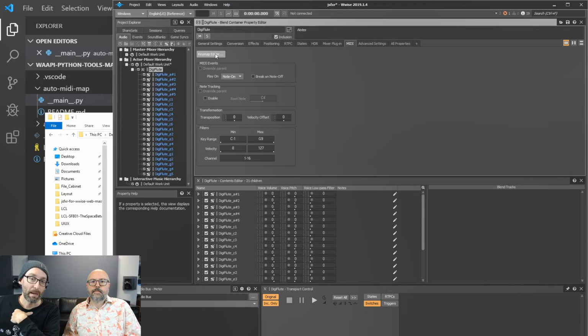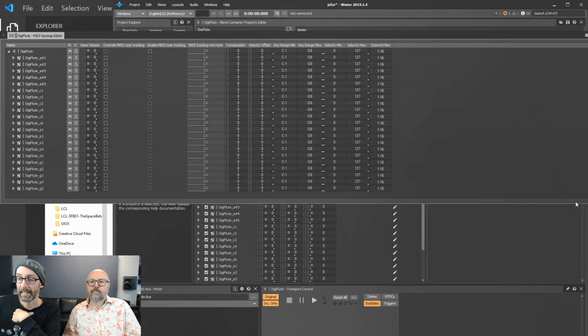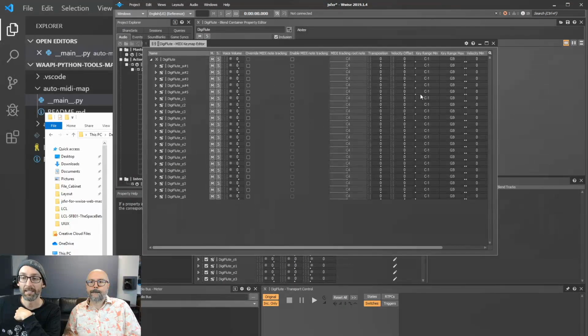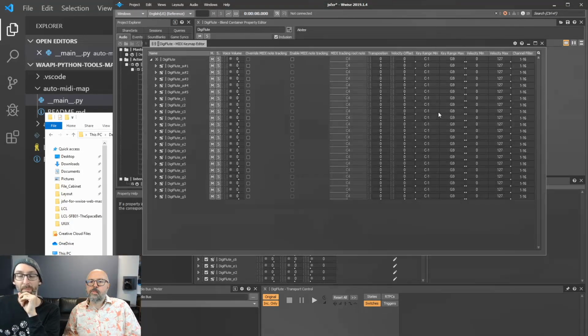And now there's the key map editor button, and I click this and I see this big matrix of numbers, and it's not set up right now. We see there's a key range min, all the same value, and the max also. What we need is to set up all these values.